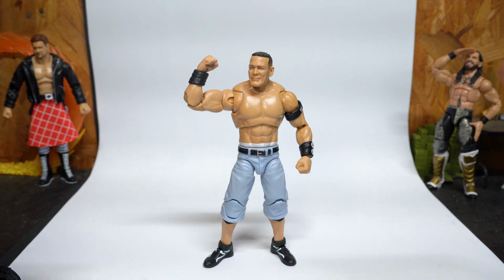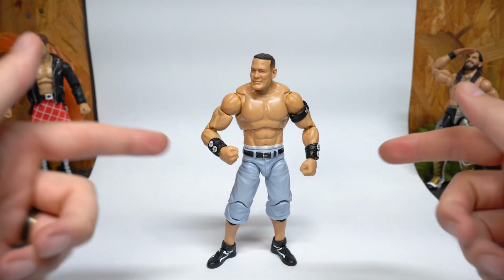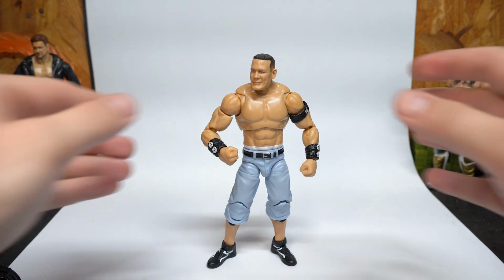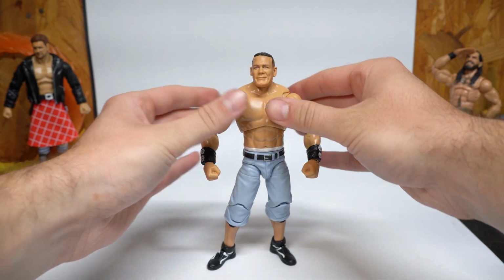Not only am I showcasing a fix-up Ultimate John Cena here with a different formula, I'm also showing y'all, it's still a system that's a work in progress, but I'm starting to figure out a way to do some interchangeable upper and lower body stuff, so I'm very excited to share that. But before we get to that, I just want to take a look at John Cena himself with this new